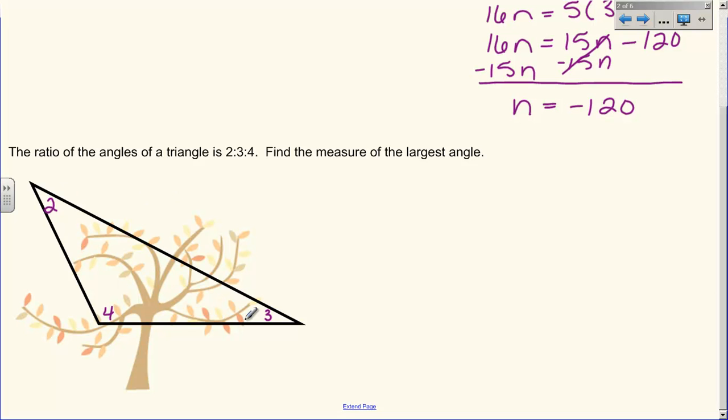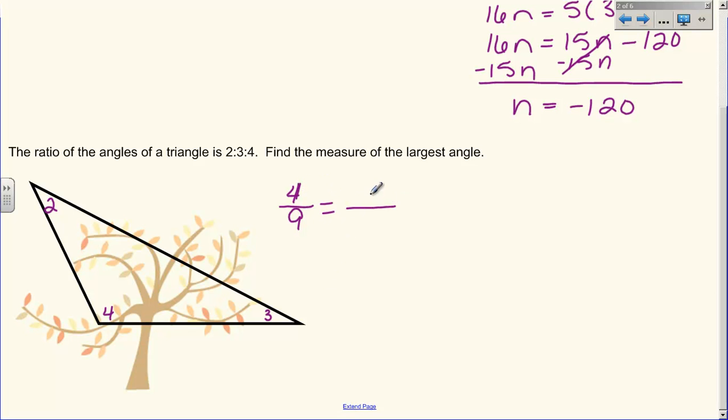We are going to add these all up, though, and find out what they do equal. So 2 plus 3 is 7. Wow, 2 plus 3 is 5. And 5 plus 4 is 9. It's been a long day, guys. So 2 plus 3 is 5, and 5 plus 4 is 9. So my total in this triangle, given the ratio they've given me, is going to be 9. And my largest angle in this triangle, given the ratio, is 4. So the largest angle out of 9 total